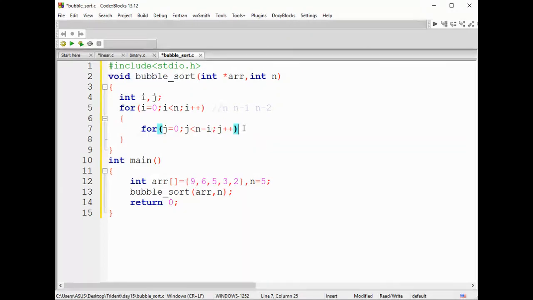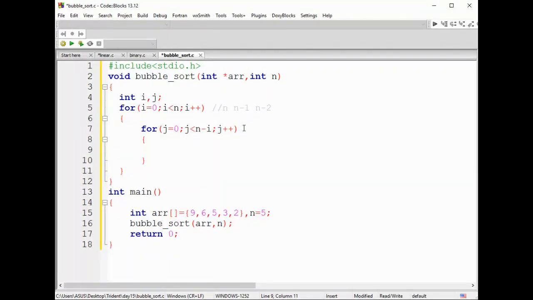Clear? So inside this, I'm going to take two elements: the first two elements, the next two elements, the next two elements. You can notice that if I'm taking the first two elements, 0 and 1, and I have mentioned less than n, it will go till the end of my values. If I take these two values, for the next iteration I'll take these two values, and so on. You can notice that less than n means 0 to less than n. If n is 5, 0 to 4 is my index position. So at the last index value, it will take that element and one more value, and it will be searching for it. Guys, got it what I'm saying? If I give less than n, it will take two, along with it one more value.